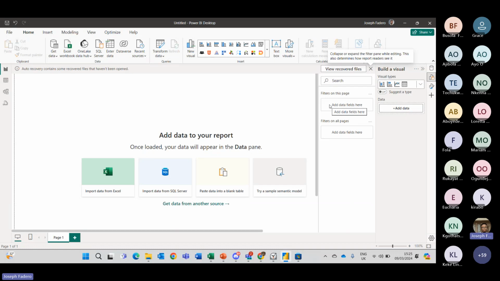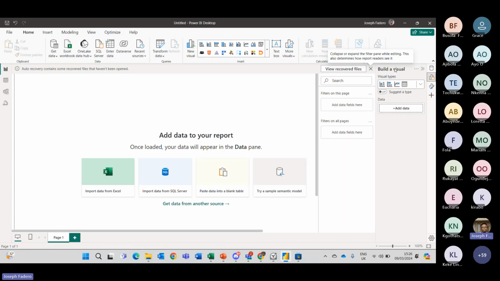So if you are new to Power BI, if you are coming from an Excel background, I want our Power BI training to be as easy as possible for you to integrate the knowledge you've learned from Excel into Power BI. And if you've been using Power BI for some time, my best bet for you is to unlearn what you've learned and come into class to learn something new.